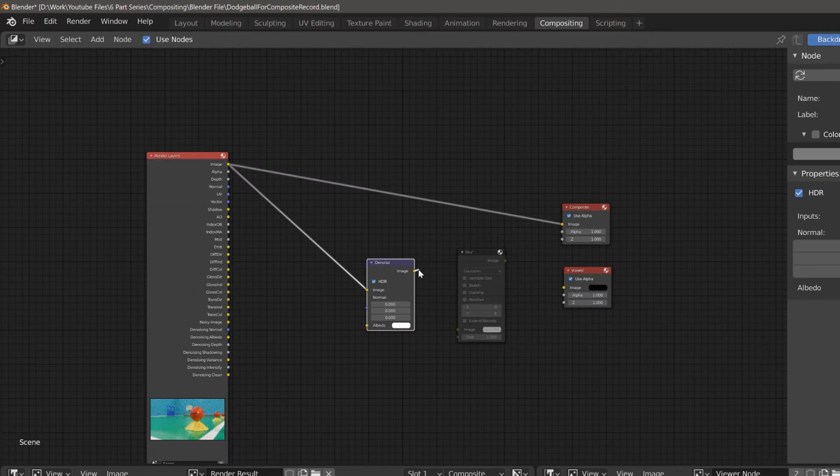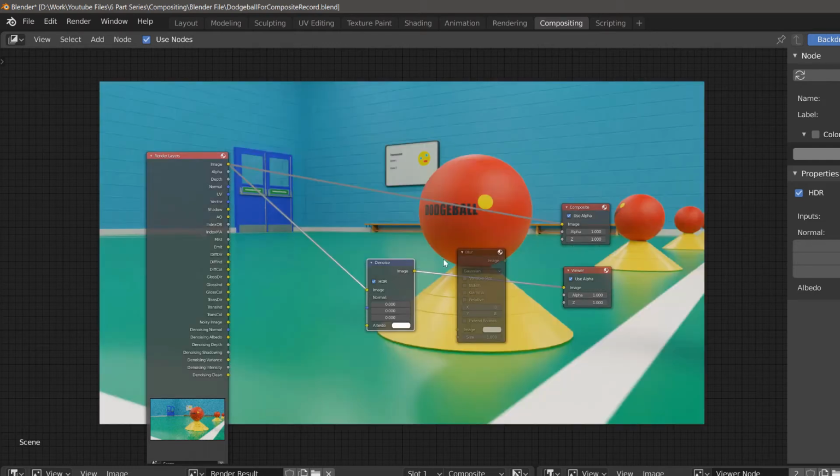And actually, let's just preview this quickly. So I'm just going to position the output here to the input of the viewer node. And this is what we get at the moment. Now, you might already be able to see that there's a lot less noise. If I was to mute the denoise node with the M key, you should be able to instantly see the difference. So just by toggling the M key on and off, we can actually preview how this denoise node is